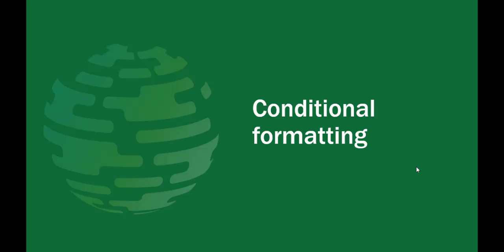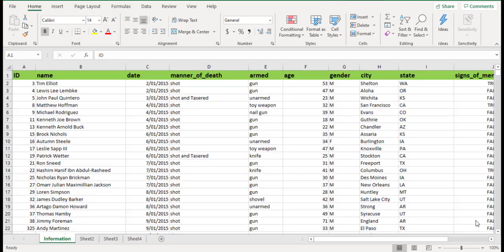Trick number 7 is conditional formatting. Conditional formatting is usually used to apply a specific format to cells that meet a certain criteria. It is mostly a color-based format, and it highlights to find the difference among the data. For example, if we want to know how many people that have died are over the age of 40,